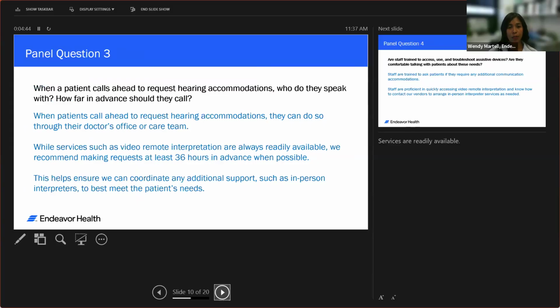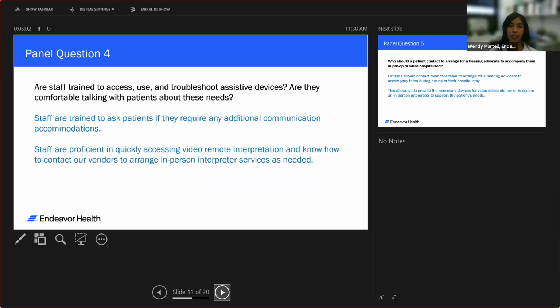But if you are requiring some type of surgery or something that might be a little more extensive, that's when we ask you to coordinate that and work with your doctor's office so that we can provide those accommodations to you. In terms of troubleshooting